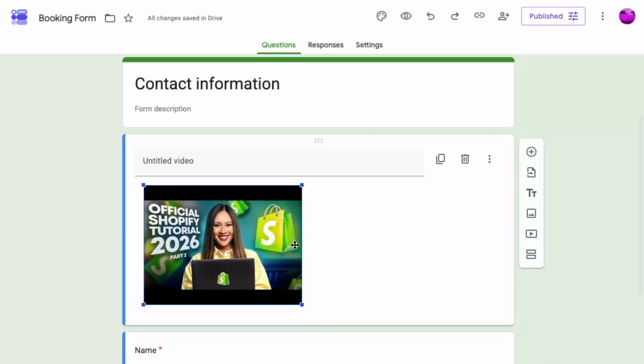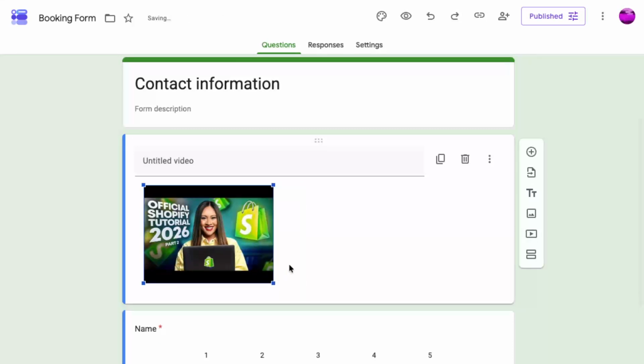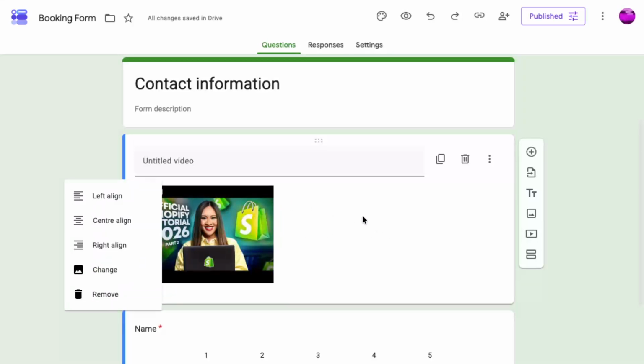From there, you can position it where you want within the form and continue editing the rest of your content as needed. And that's it. You've successfully added a video to your Google form. This is a simple way to make your form more interactive. Whether you're sharing instructions, educational content, or a short introduction,